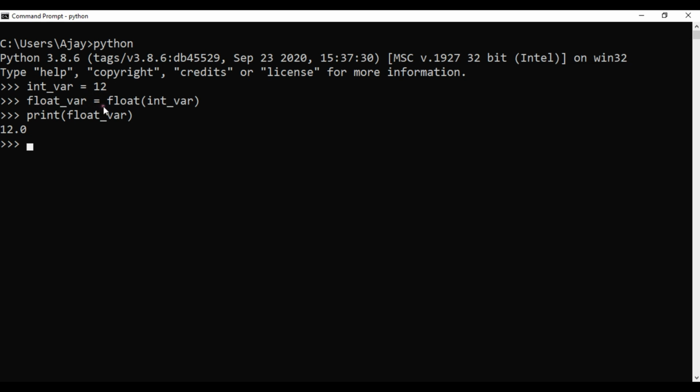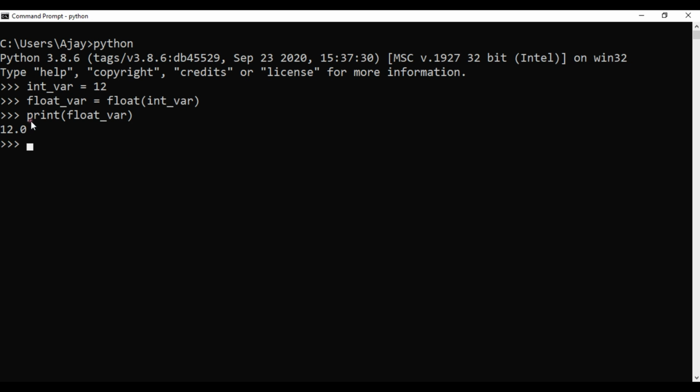And in this float_var we are storing whatever the data that is returned by this float function. And in this float function, as an argument, we are passing the reference of this, that is the variable name of this variable that is storing 12 in it.